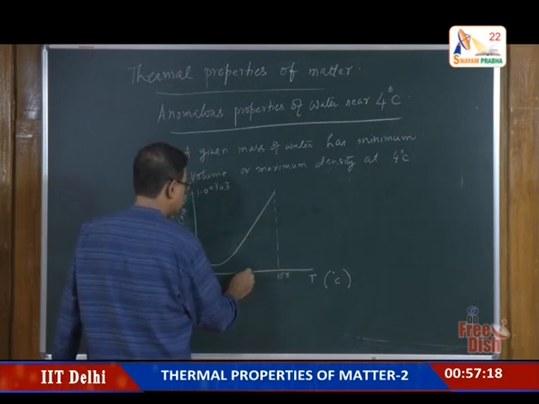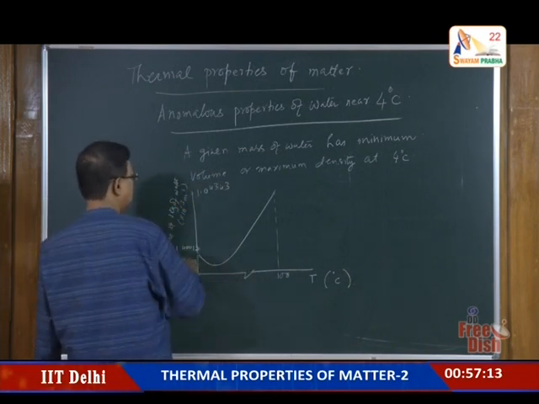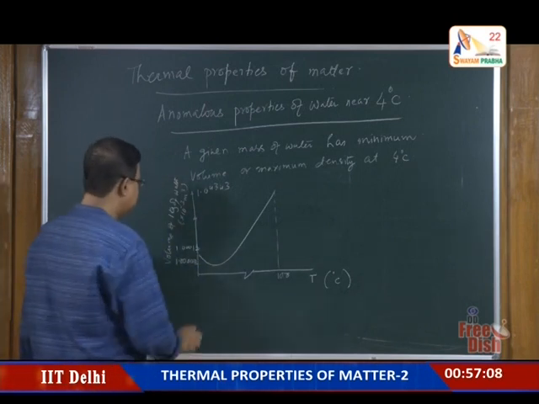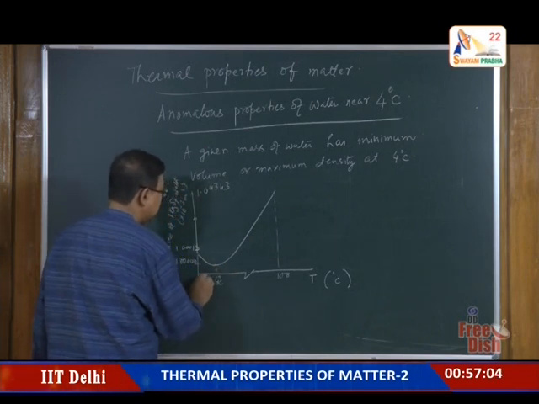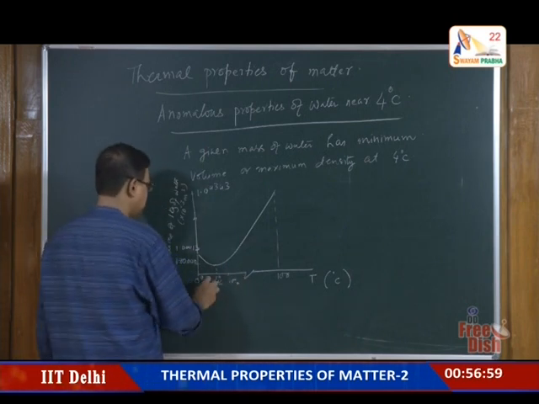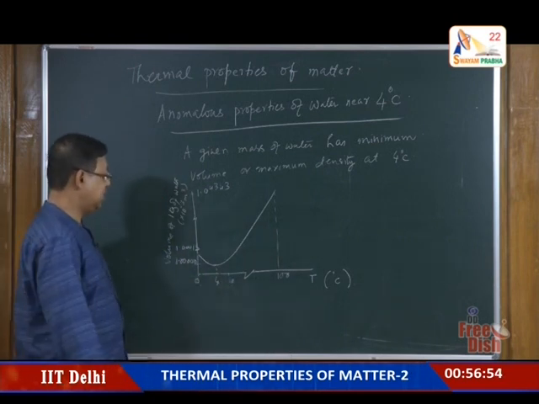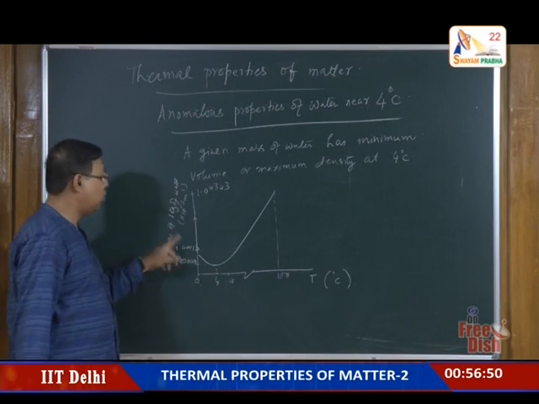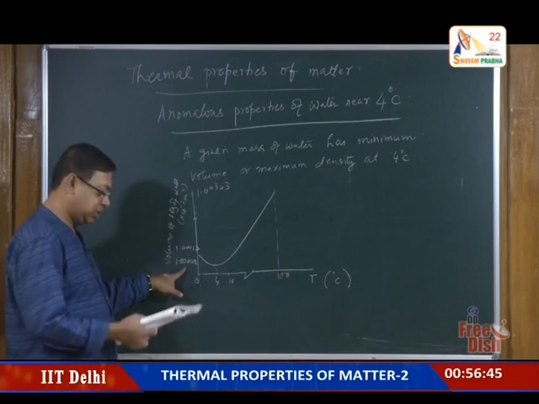This is not drawn to scale, so I'm breaking the scale here. So this is 4 degree centigrade, and this is 0 degree centigrade, and this is around 10 degree centigrade, and this 100 degree centigrade. So at 4 degree centigrade, the volume of water is minimum,